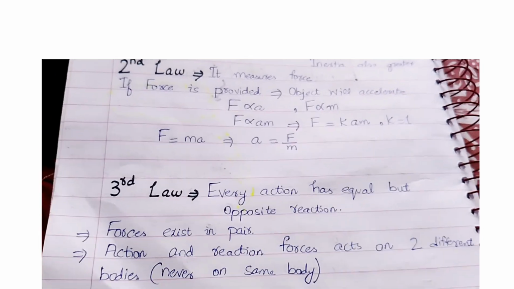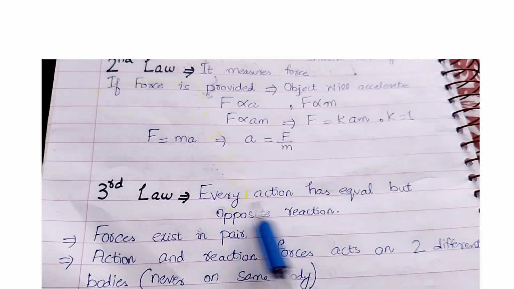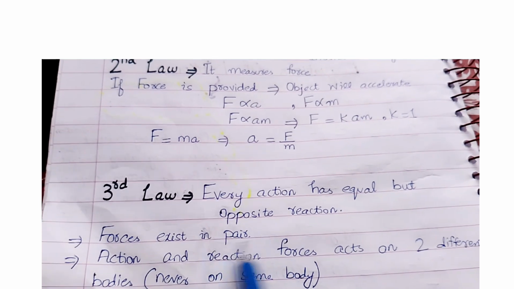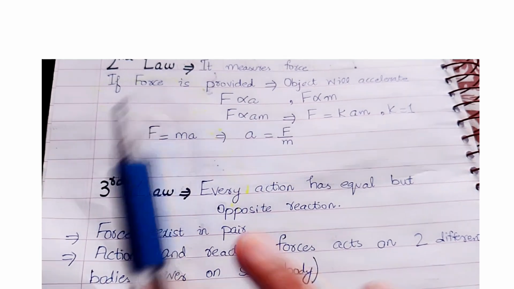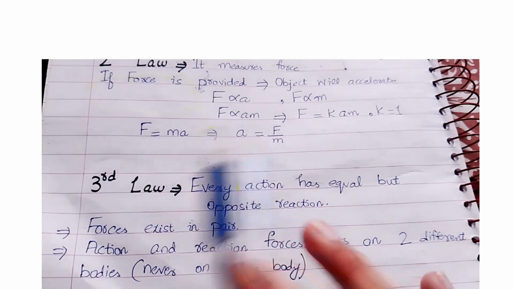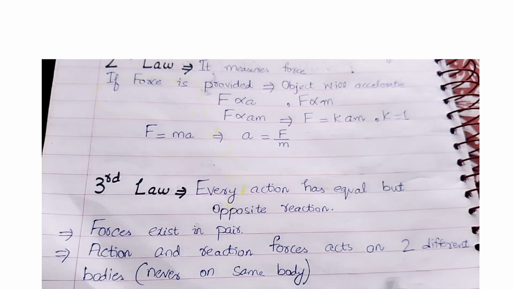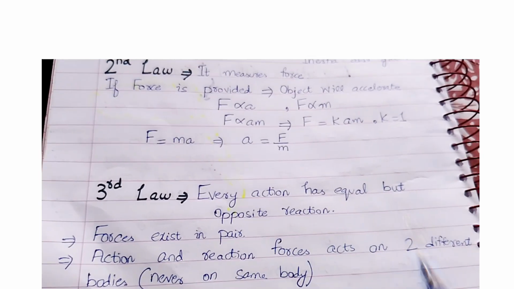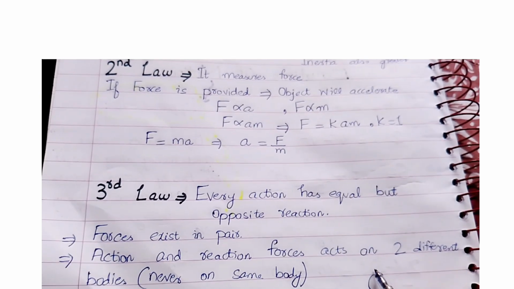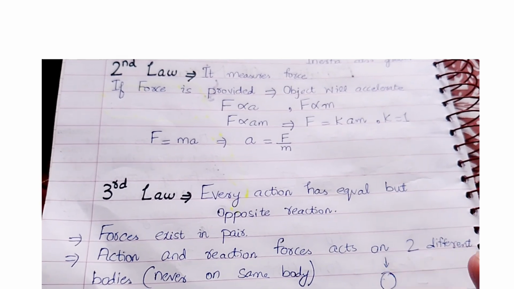And then there comes the third law. The third law states that every action has an equal but opposite reaction, and in the third law, we say that forces exist in pairs. There are action and reaction forces, and these two forces are always acting on two different bodies. You cannot say that this is following the third law of motion if the two forces are acting on the same body. For example, if there is a ball and there is the force of gravity from below, and there is tension from above, this is the same object, so this is not actually following the third